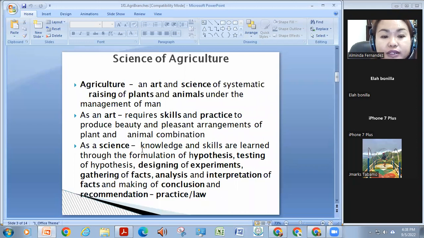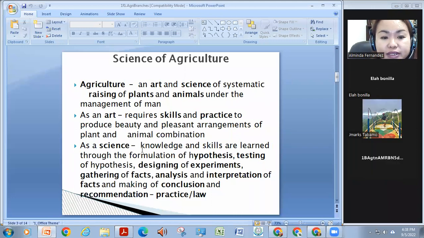So, therefore, agriculture is defined as an art and science of systematic raising of plants and animals under the management of man. And there are so many beautiful ways to define agriculture, but it is both art because we use skills, techniques, and science because we use observation and scientific methods, no? Not only in producing them or in the culture of those plants and animals, but also in